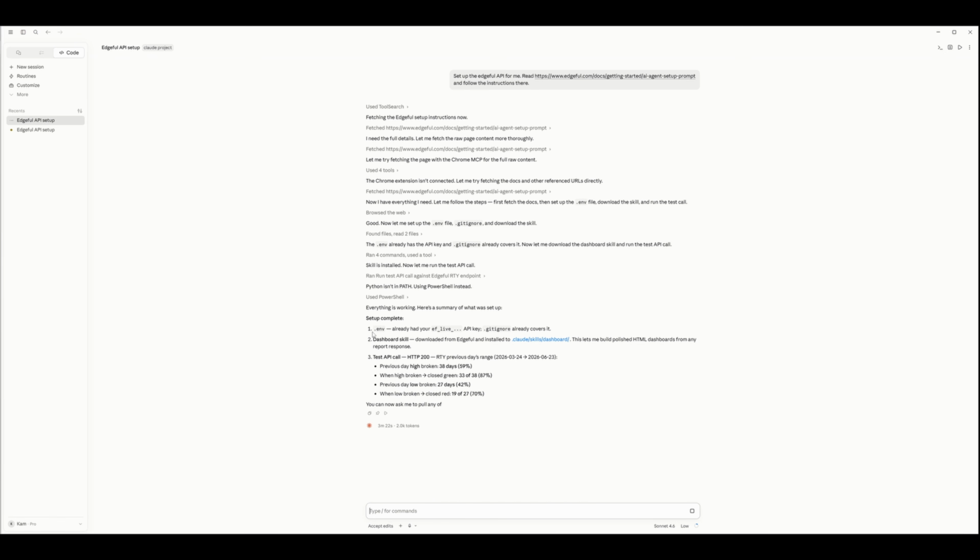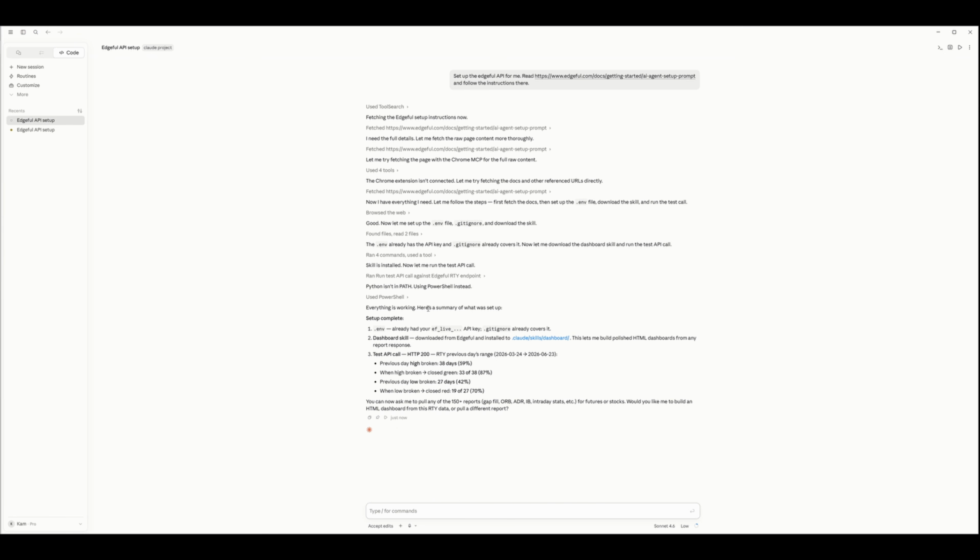Now, one of the steps is you need to set the .env file with your API key, which you find